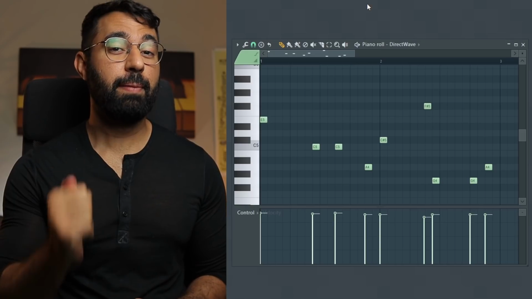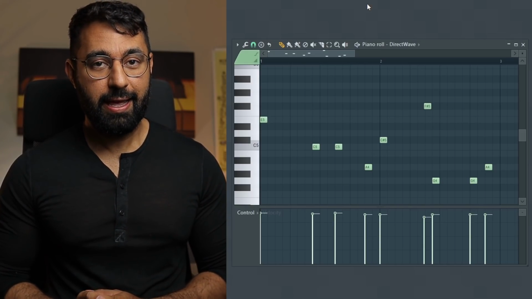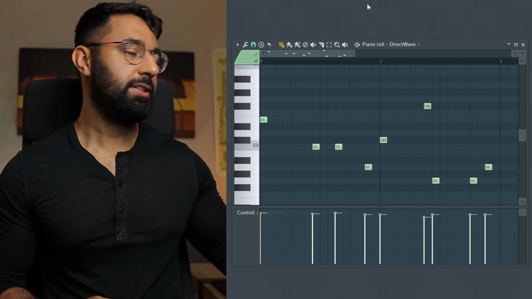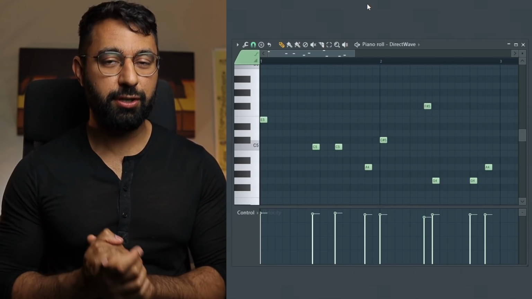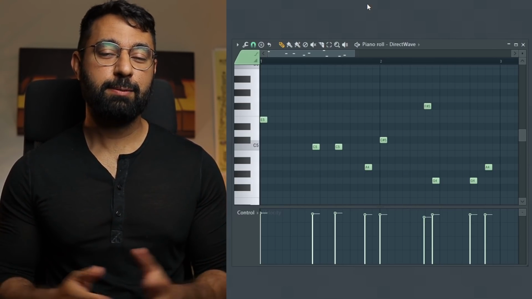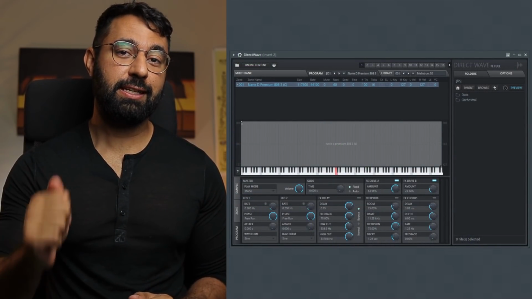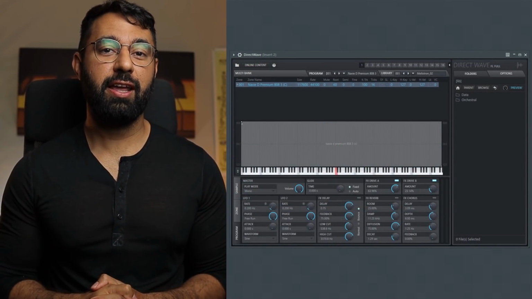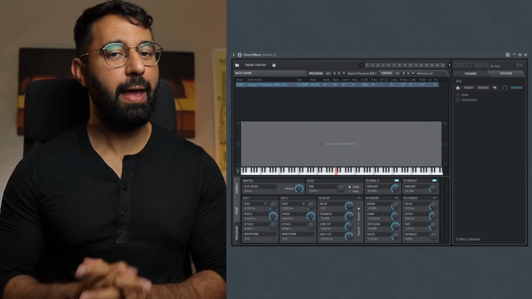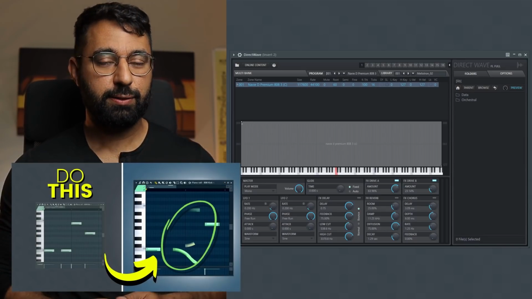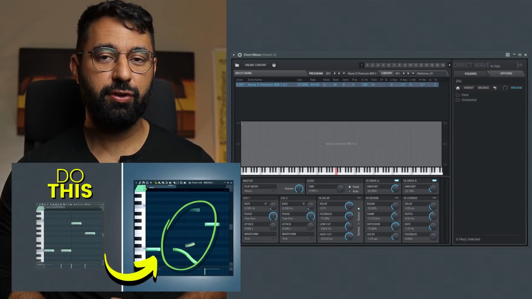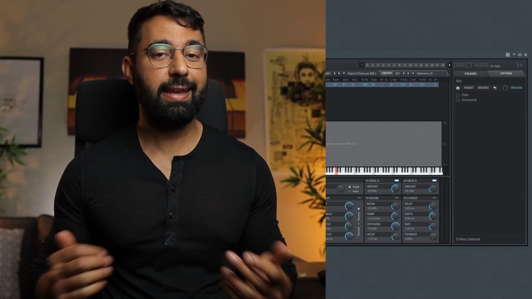Now I do want to mention that if you're an FL Studio user and you want to try to create some very elaborate and intricate 808 patterns, it's going to be very, very helpful to use Directwave. This is a stock plugin that comes with FL Studio, and using it will just allow you to have far more control over your 808s and help you build better patterns. This is something that I covered in a video about 808s a while back. So instead of repeating myself, I'll just link the video for you to watch. It should be showing up on the screen right now. It's a great video if you want to learn some cool 808 tricks, as well as how to use Directwave for better 808 patterns.